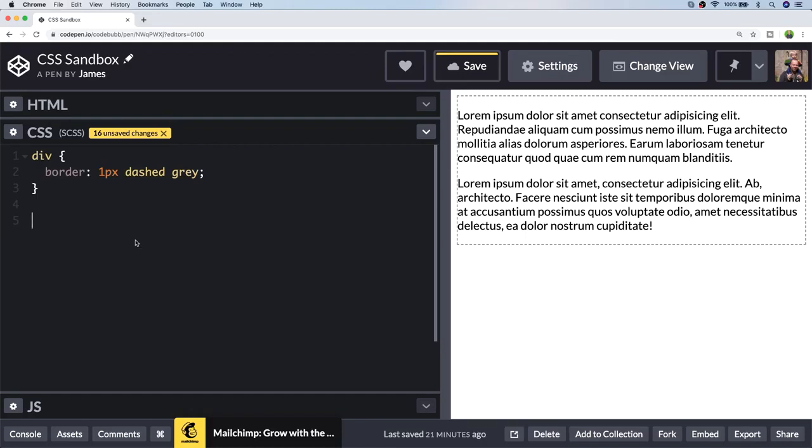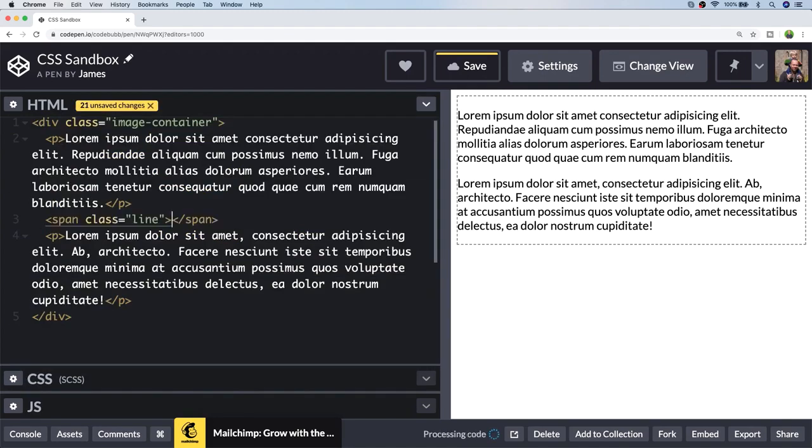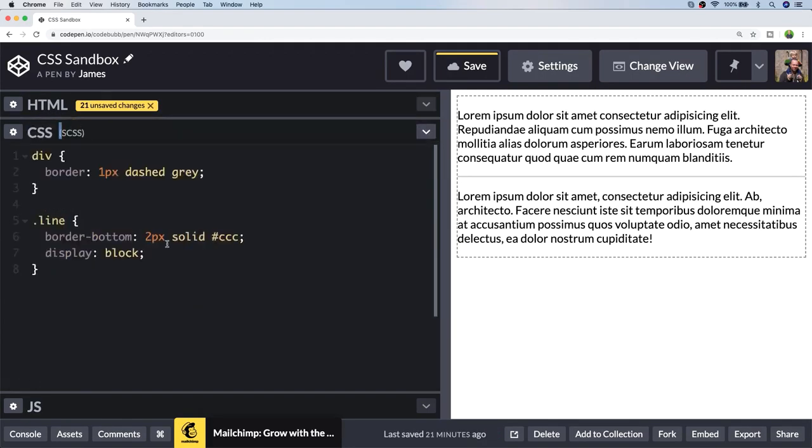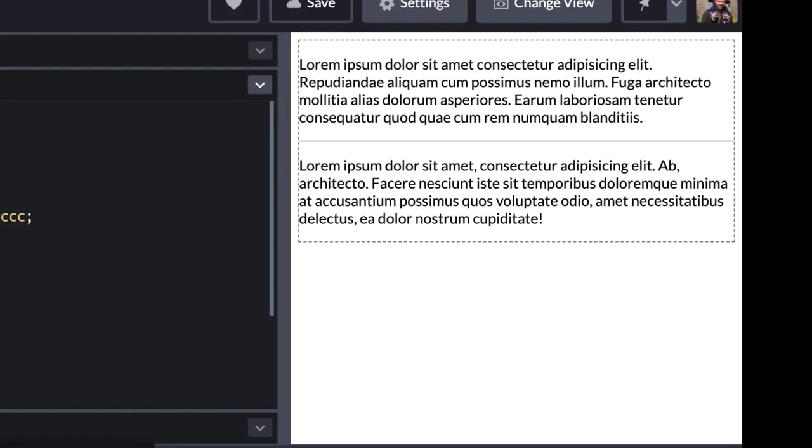So let's write a class to draw a line. So we simply write a border property that's got a width and a colour that we'd like to see on our line. And I'm going to set this element to a block level element so that it takes up 100% of its parent's width. So let's add that into our markup. So now you can see our line appearing in between the two paragraph elements,